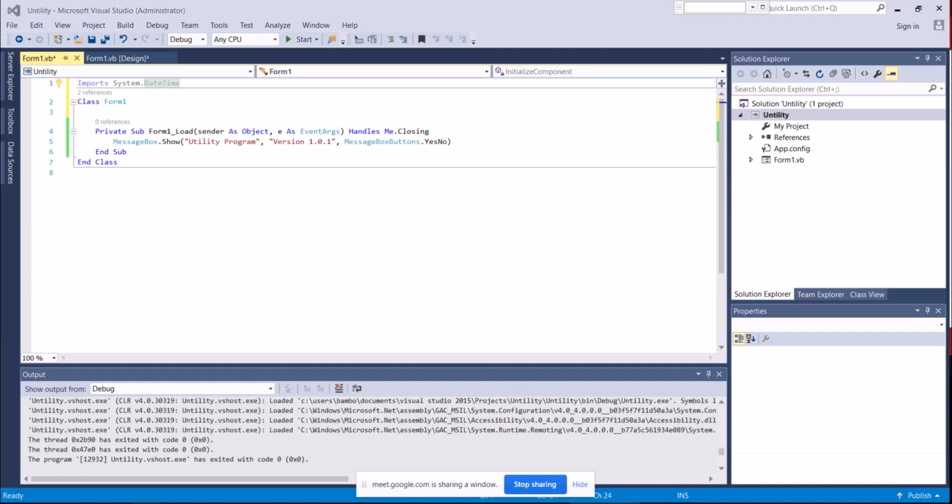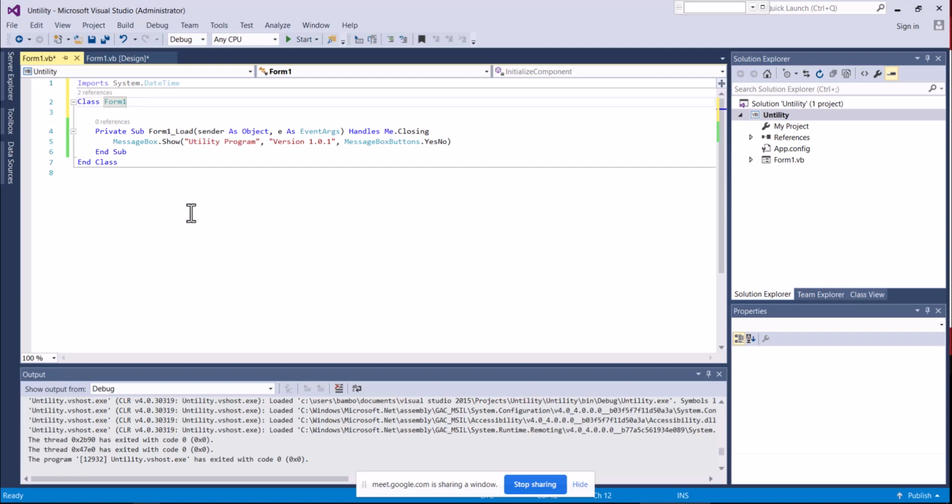And this object is from my system, whereby I'm saying import system.datetime. I then need to have an object for the date and the time. So in essence, we are then always saying whatever we have learned, we can always then apply it to the new language that we're working with. At the same time, if you remember, in our C or in our